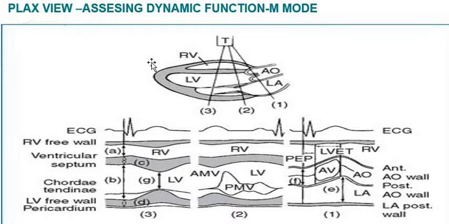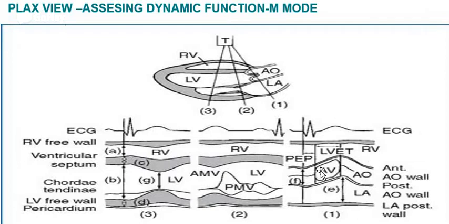So now we are going to the M mode. When we put the M mode on the screen, we press the M mode on the echo panel, and we can see there are three types of M mode we can obtain, depending on whether the ultrasound beam cuts perpendicular through the aortic root and the left atrium, or directly through the mitral valve and the left ventricle, or only through the left ventricle. So as per that, we can get 3 views.